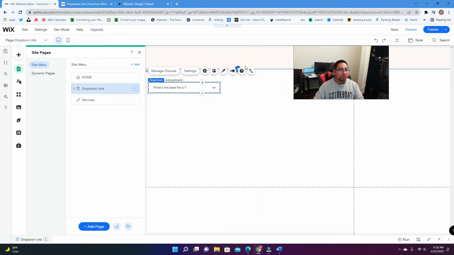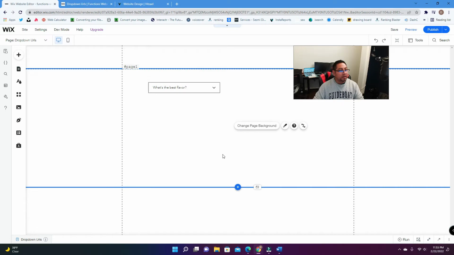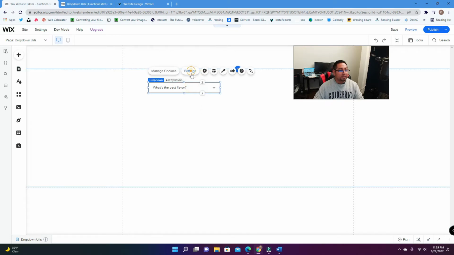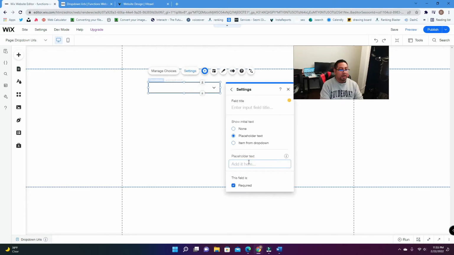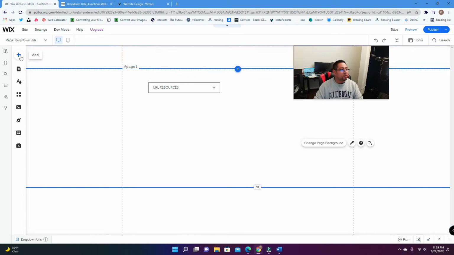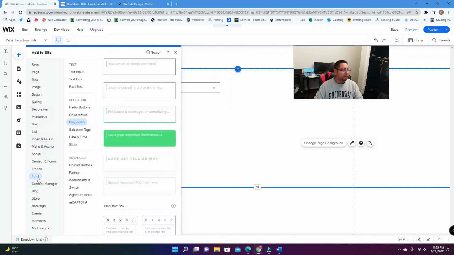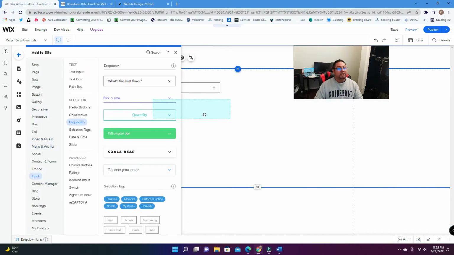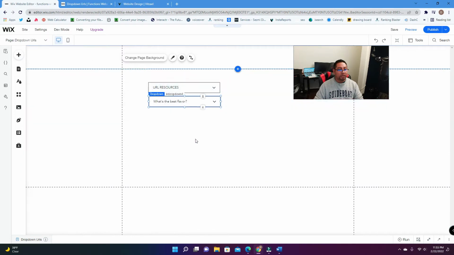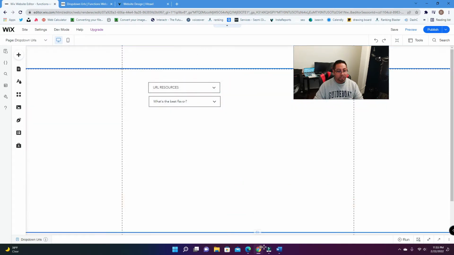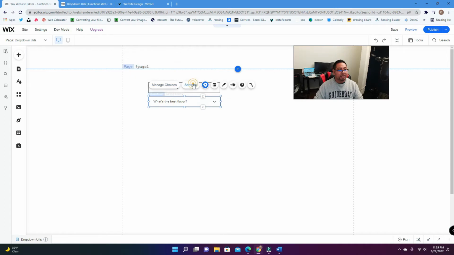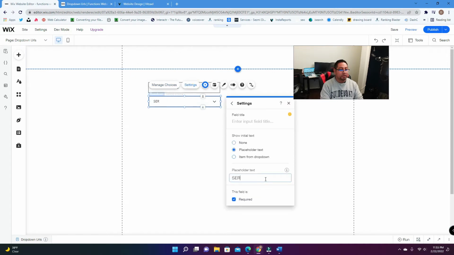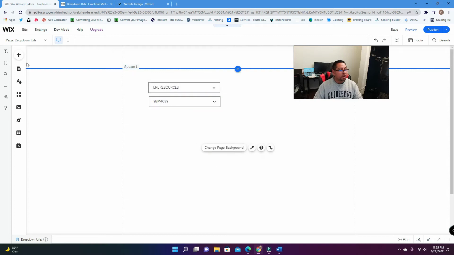So that's one way to do it. Then let's say this one, we're gonna name it something else, like URL resources. I don't know if I spell it right, but resources. And then we're gonna add a new drop down. And then this one, what we're gonna do here is we're gonna change it to services. So we're gonna do something like this. We're gonna add a